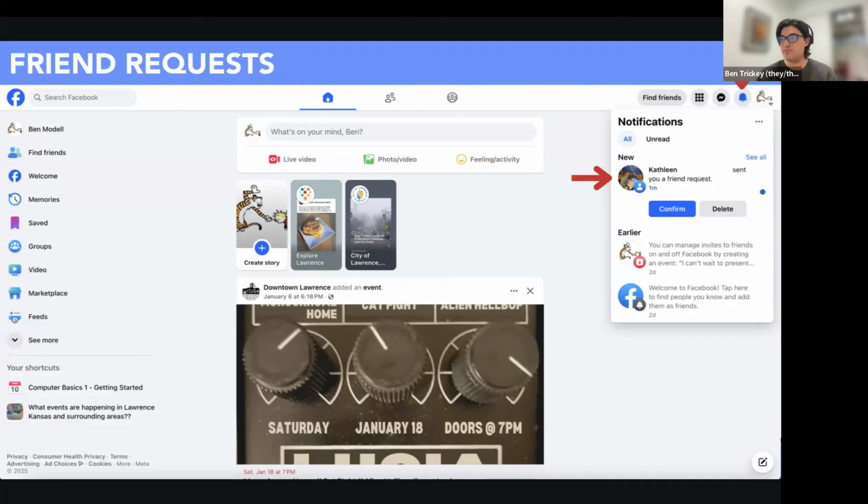So the key here is that if you can do a real life confirmation about who these people are, that is highly recommended, because then they won't have access to your information as easily. But even if you are reaching out to somebody maybe who you haven't met before, as long as you know somebody in real life who knows them and you can confirm that,